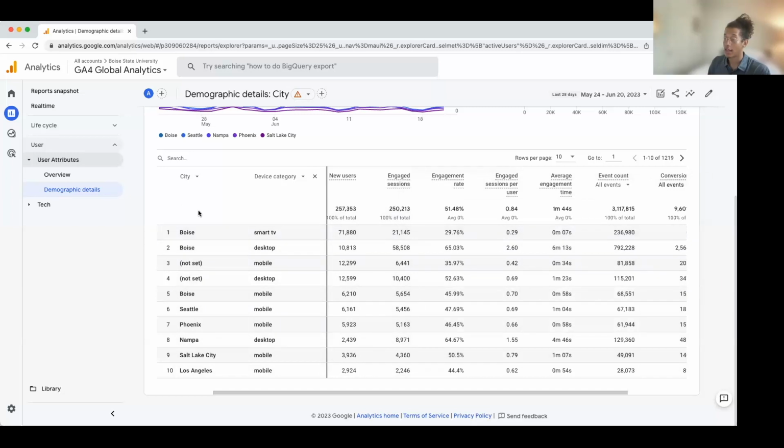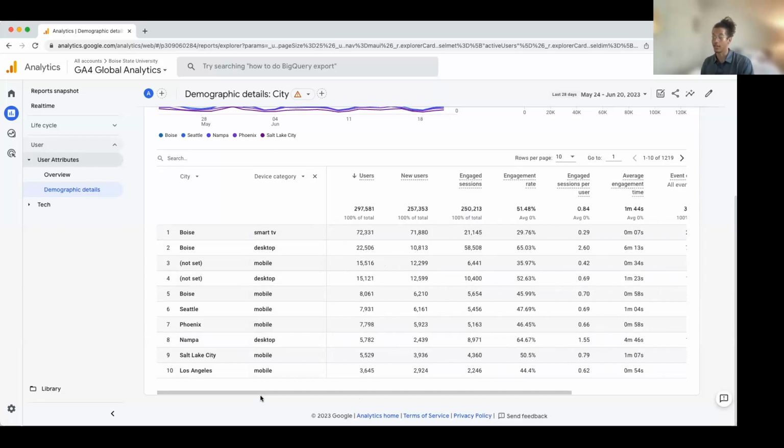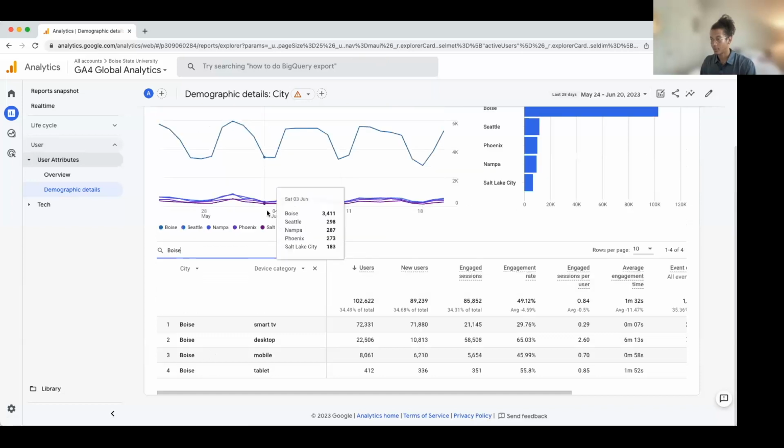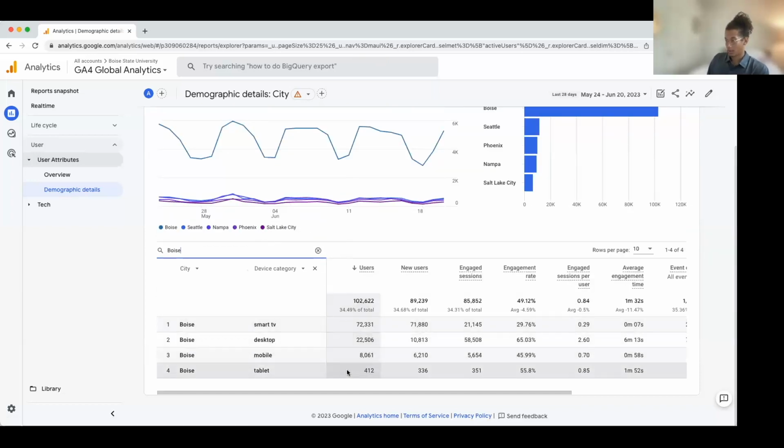So looking at this, we can see city and device category to really see how users in each city are utilizing the site, what kind of devices they're coming from. So let's look at Boise. We can see a lot of users coming from a smart TV in Boise.